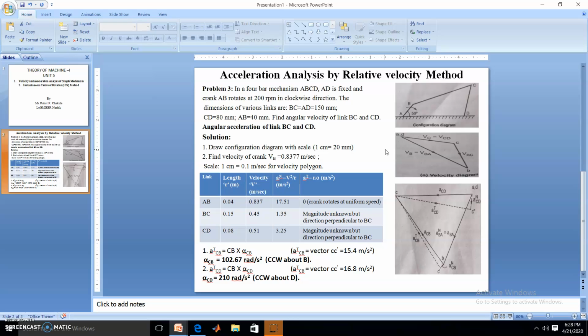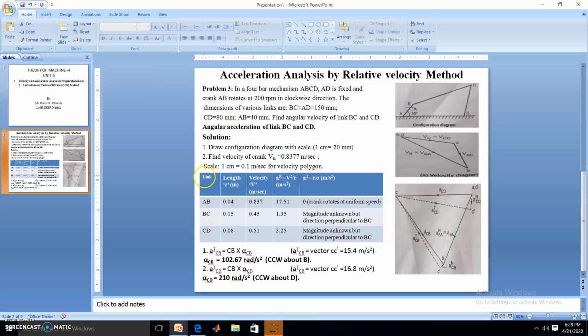Now the next one is the acceleration polygon. Before going to make the acceleration polygon, you can make the table. Once you write down this information in the tabular form, then it is easy to solve, as that information or those values will be helpful to use at the time of making the acceleration polygon. So let us summarize this particular table initially before going to see the acceleration polygon.